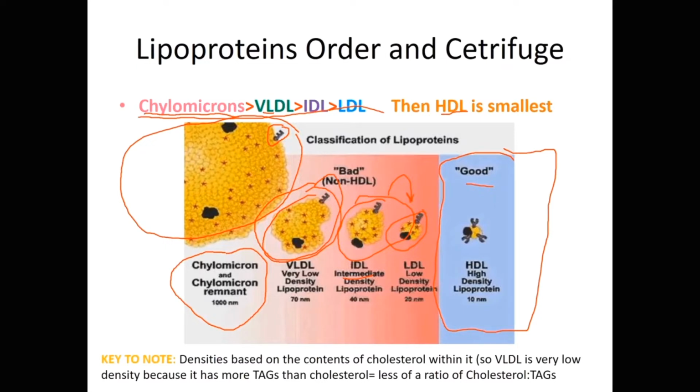Just remember that size pretty much goes down this way, but the densities actually go in the opposite direction. So how this works is the ratio, the density, and what we're describing is the density of cholesterol to TAGs, or triacylglycerides. Our chylomicrons and our VLDL have tons and tons of TAGs. Our VLDL is pretty much marked by your VLDL number, and this is pretty much your triacylglycerides, and you have a very small amount of cholesterol in relative amount. And so that ratio of cholesterol to TAGs would be very, very low, and that's why we call it